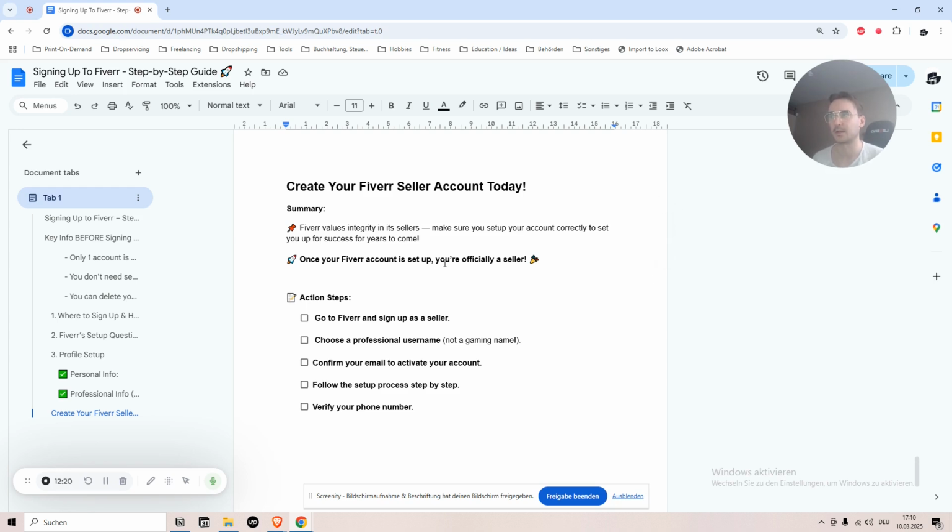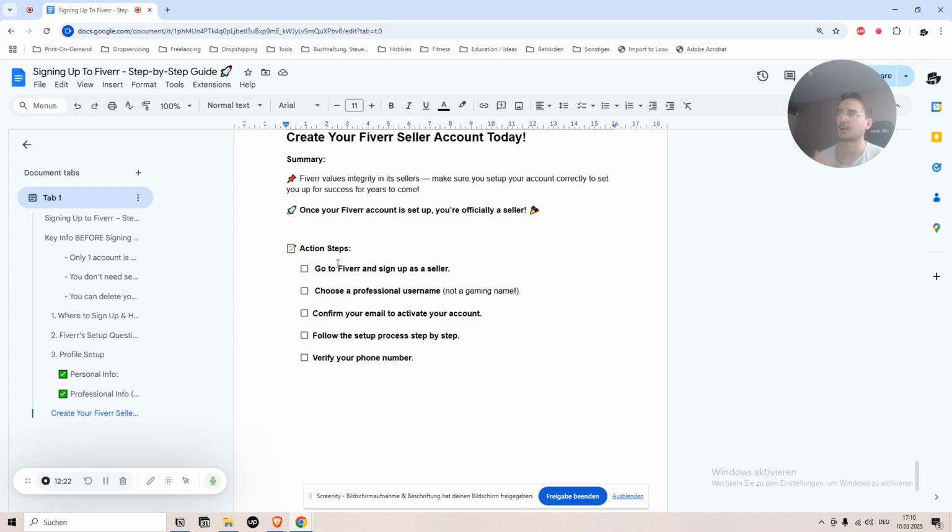Once your Fiverr account is set up, you're officially a seller, and just go through the action steps of go to Fiverr, sign up, choose a professional username, not a gaming sounding name, confirm your email to activate your account, follow the setup process step by step by using this document, and verifying your phone number, and you got your first big win. You're officially a seller of Fiverr, and we'll go from